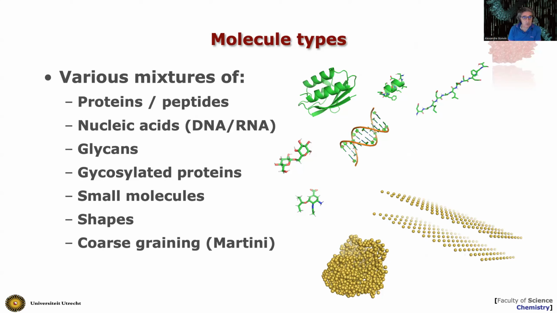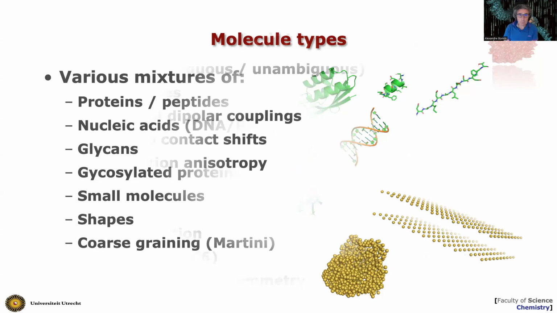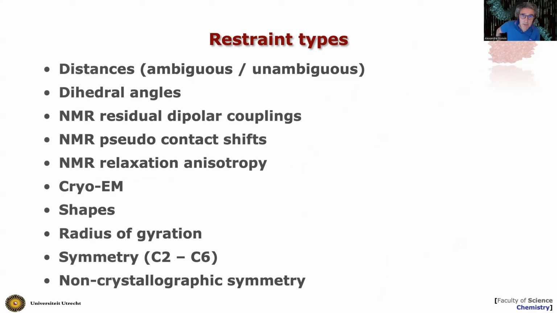And we also have the ability of defining arbitrary shapes, which we can use as restraints. So you see here such a shape, 2 planes, and this could represent a very simple representation of a membrane, which you could use to position proteins inside, in between the 2 planes defined by those beads. So this is a type of system, so we can mix and match different types of molecules, and we can mix and match also different types of